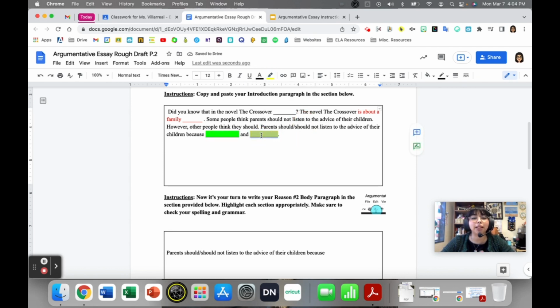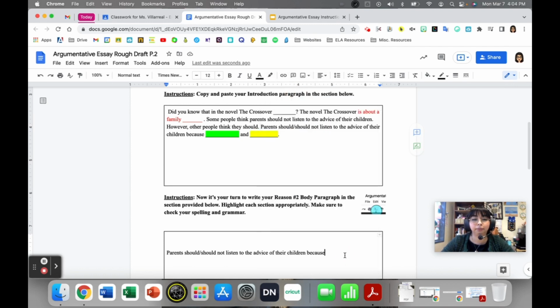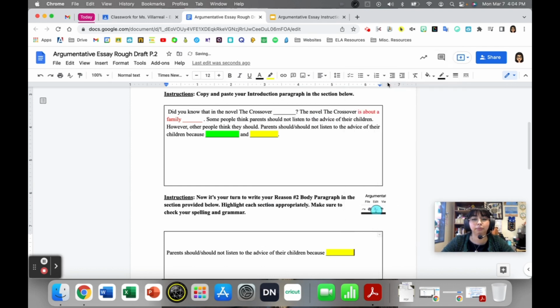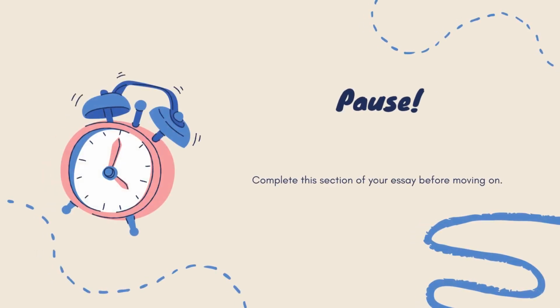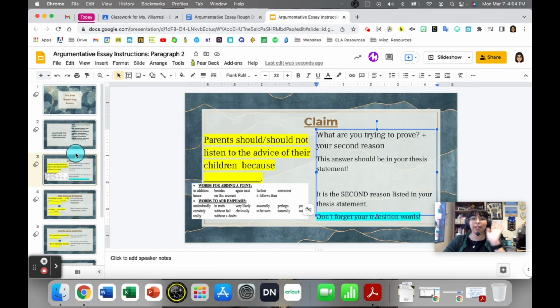You should be copying this reason. Because blank. Okay. So parents should or should not listen to the advice of their children because blank. Cool. So I have my claim down, done.